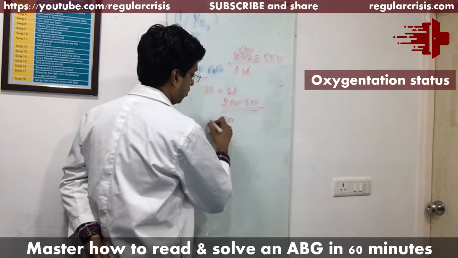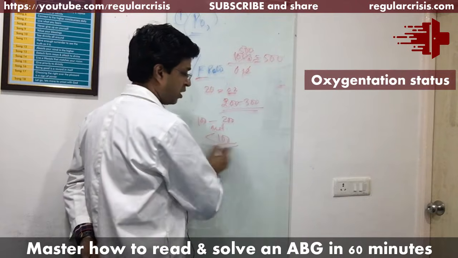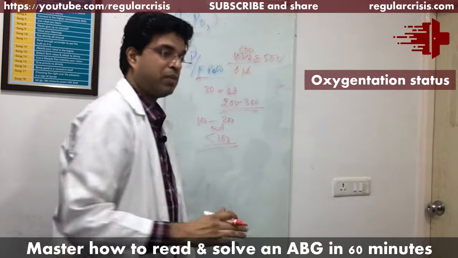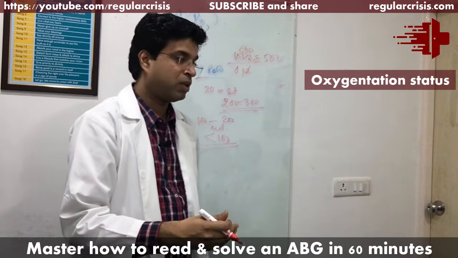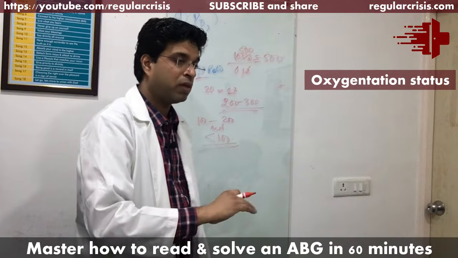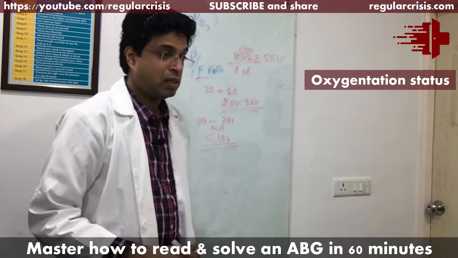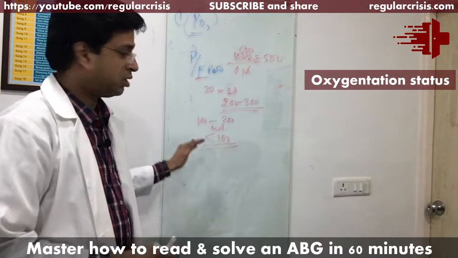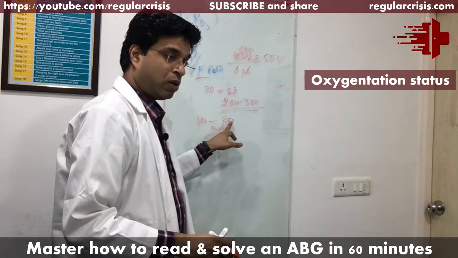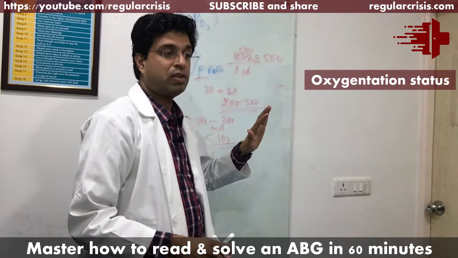If it is 100 to 200, then it is moderate ARDS, and if it is less than 100, it is severe ARDS. It doesn't mean that a PF ratio alone defines it. Other things also come in the definition of ARDS: acute onset, bilateral fluffy shadows, and this is non-cardiogenic pulmonary edema, and your PF ratio is low. So this classifies ARDS into mild, moderate, severe based on the PF ratio. Less than 100 severe ARDS, 100 to 200 moderate ARDS, 200 to 300 mild ARDS. Above 300 it comes out of the definition of ARDS.